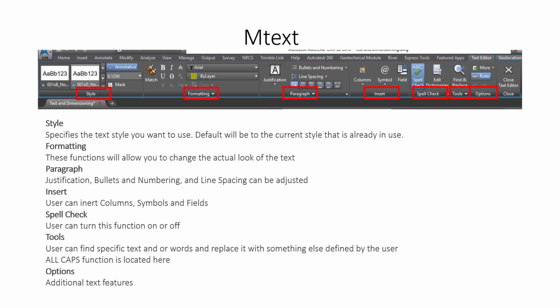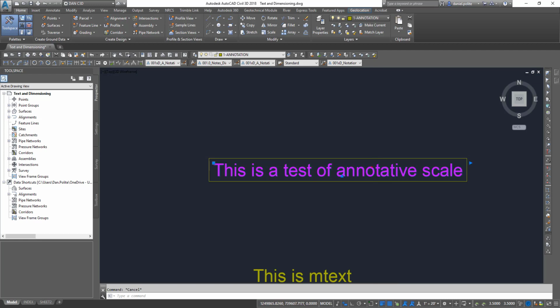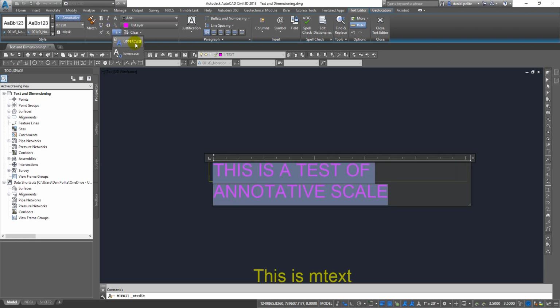So I'm going to go ahead and open up Civil 3D and go over some of these functions with you. So again, double click. Here's all the different styles that you can choose from. You can make it bold. You can italicize it. You can have lines cross through it. You can do uppercase, lowercase,